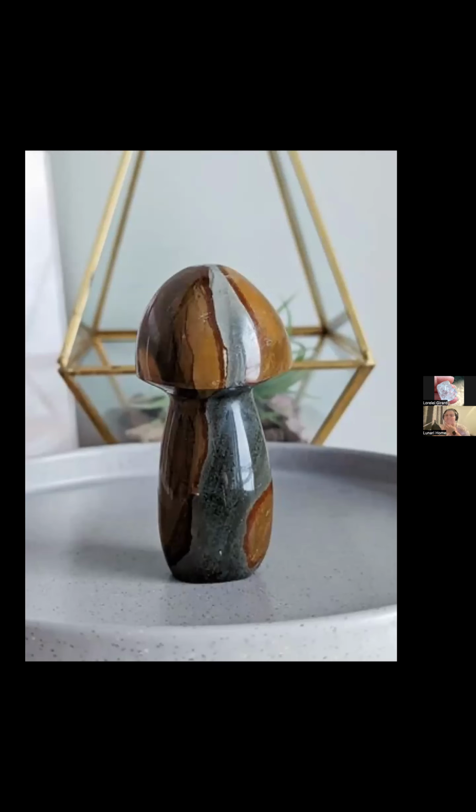This is a good picture of polychrome. Yes, you can see the different colors. That's why it's called polychrome, I guess, because it has more than one color. You can see it has that bluish gray, some lighter brown and darker brown, which is what you usually see. It can also have an orange color, a reddish color. Different shades of gray to browns and reds is mainly what you'll find in a polychrome jasper. And you can see also here, once again, it is not transparent at all, completely opaque.